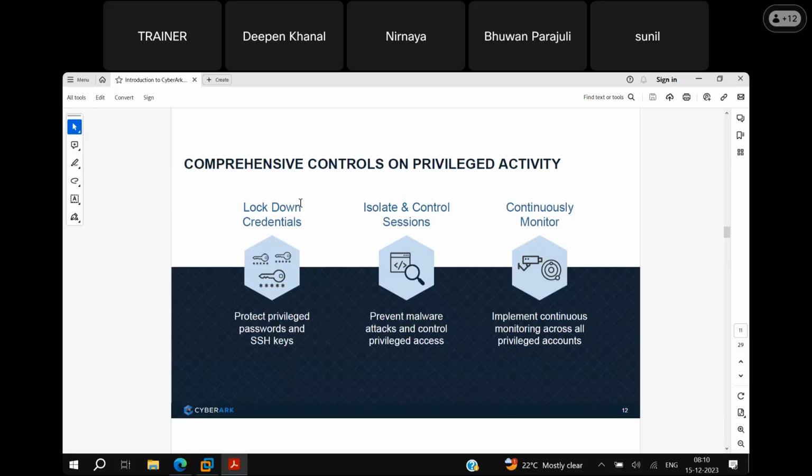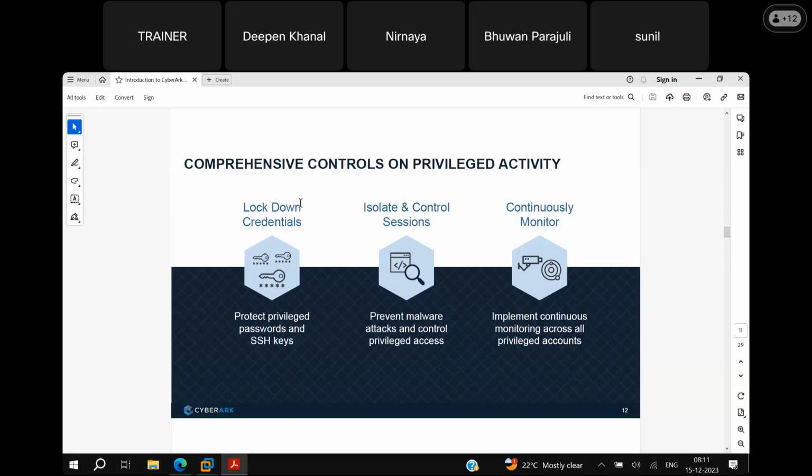So apply the same policy here. For example, if two people from the same Windows team are going to use an administrator account, and I apply this check-in, check-out policy in CyberArk, then whenever the first user accesses this account, the account will get locked.